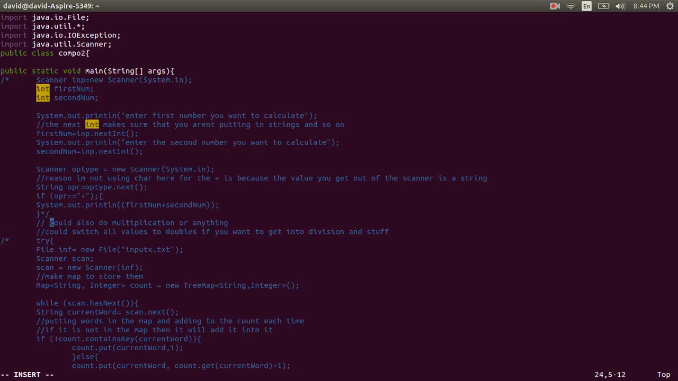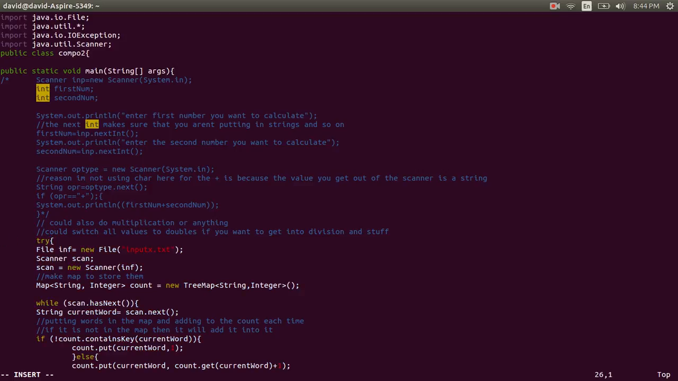Would be the word counter. So here's another one where it's pretty simple, but you can make something kind of cool out of it. This is new, that I didn't bring up in the last video, but it's called an exception, or an input-output exception,